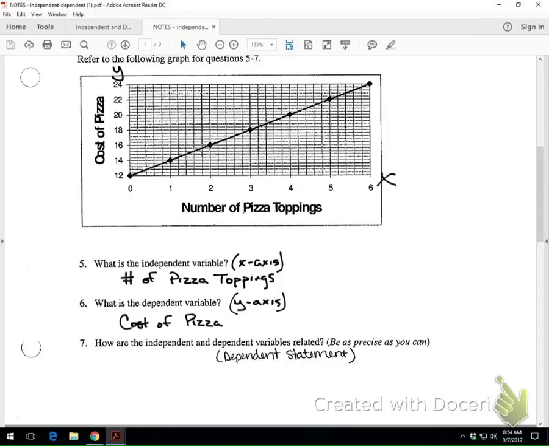Now, how are the independent and dependent variables related? Okay, so, how are these related? Think about when you go to Pizza Hut or Domino's or Gaddy's, whatever. However many pizza toppings you get cost a certain amount of money. So you have to think about that. There you go. The number of pizza toppings